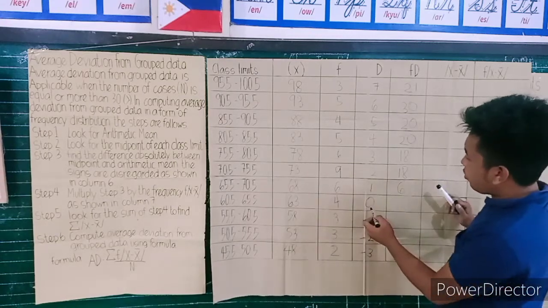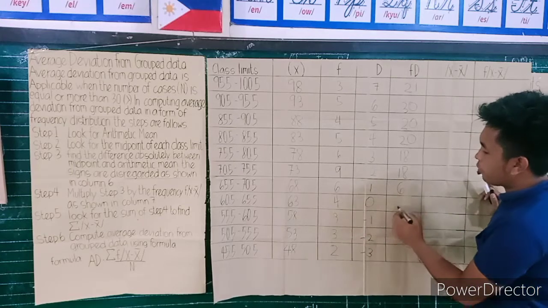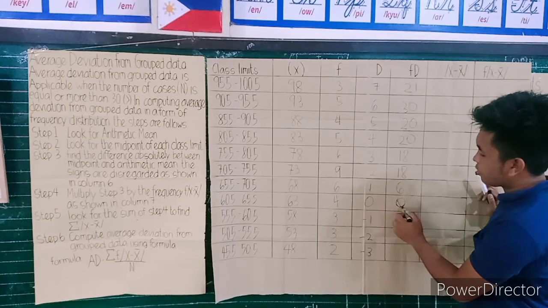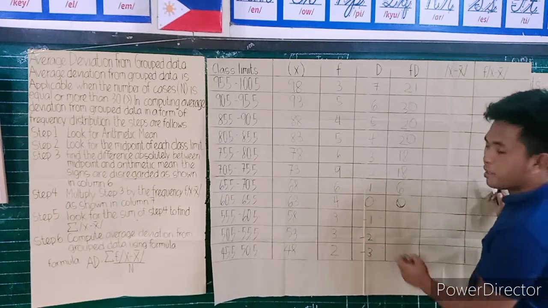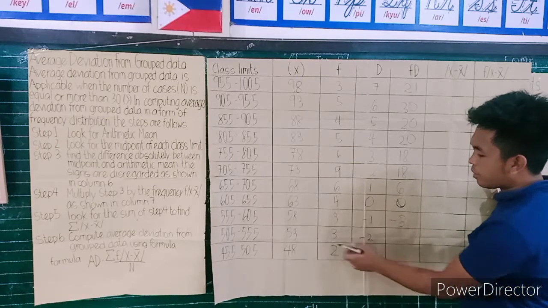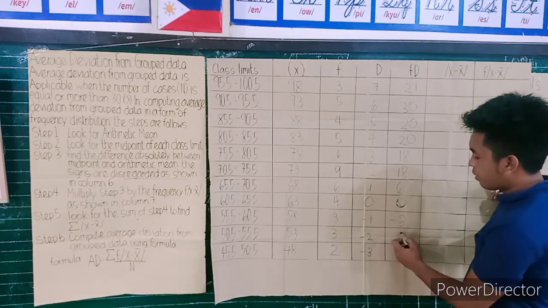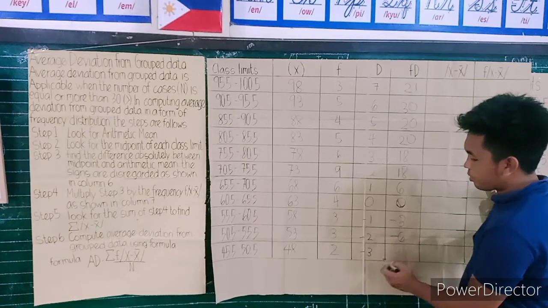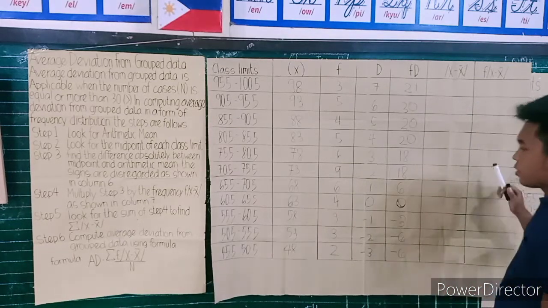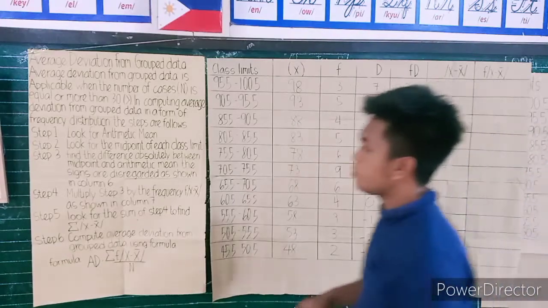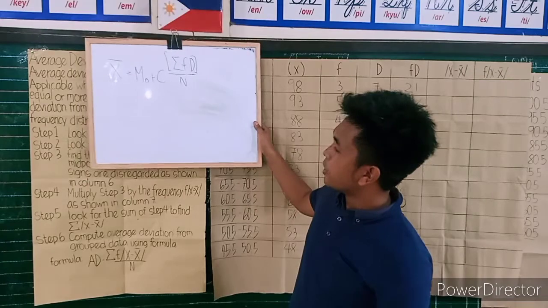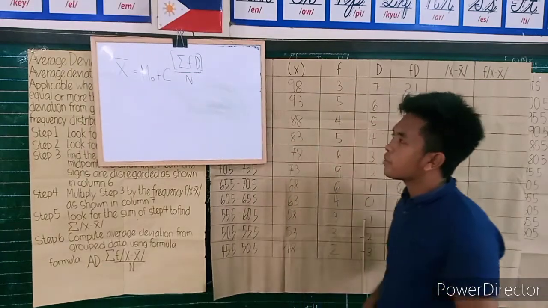In this table, okay, 4 times 0 equals 0. Okay? 0. 3 times negative 1 equals negative 3. 3 times negative 2 equals negative 6. 2 times negative 3 equals negative 6. So, in order to get the arithmetic mean,